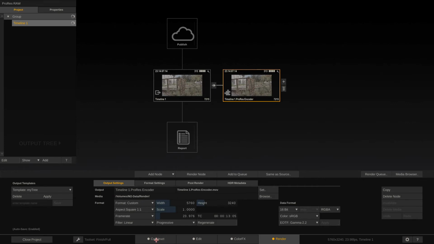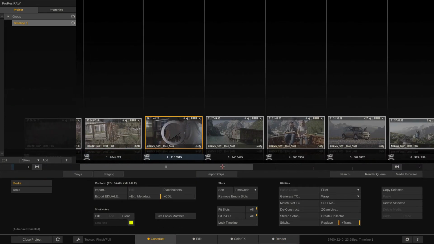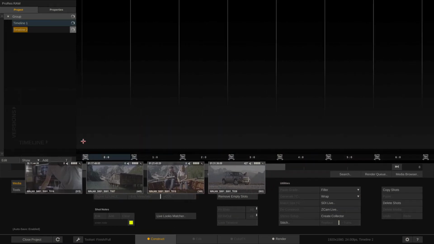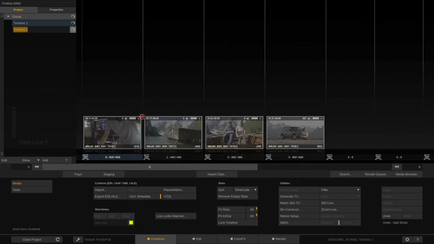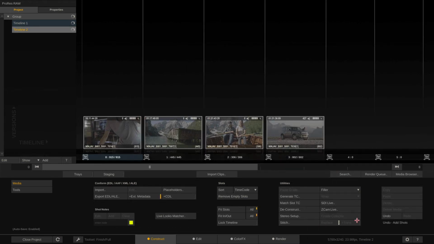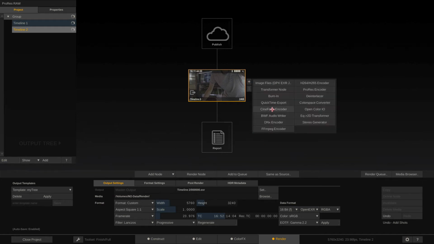However, let's look at a more practical example, and for this I'll just grab the bigger 5.7K files here, grab them, add a new timeline, drop them in here. Okay, and again, grab one of these clips, drop it down here to make the timeline be 5.7K as well. And now let's build a more sophisticated output tree. For instance,